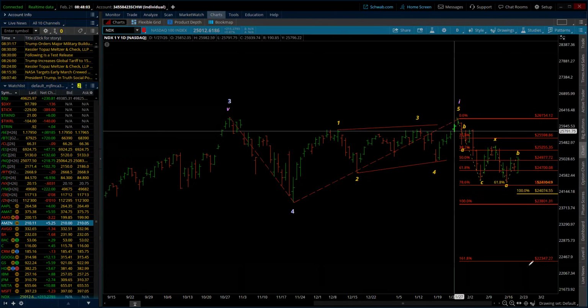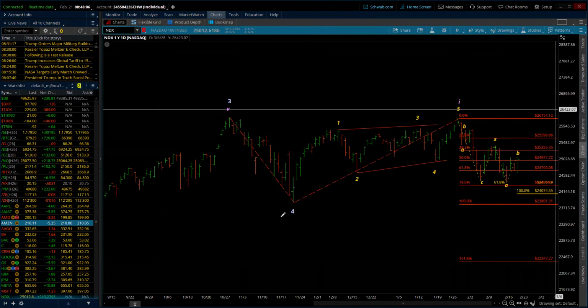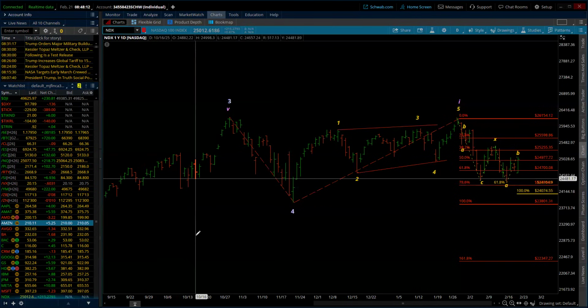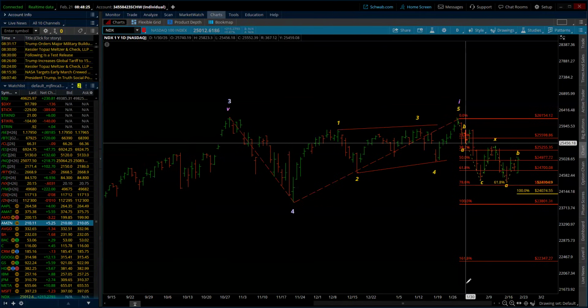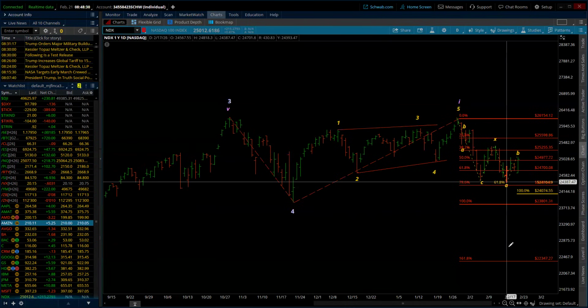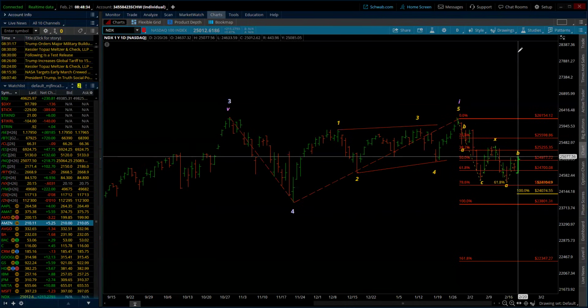What's 1.618? 22,347. Well, that still could work because if I go back out to my other chart, well, the fourth wave is not really threatening wave 1, which is all the way back on April the 9th. That's the high of wave 1, April the 9th. That's way down there. So there's still room. And what this would suggest then, right? If this is still going to be minute wave 4, then that fourth puts that low in and we explode higher yet again. Now you're going to have to balance that against what is realistically happening around us.